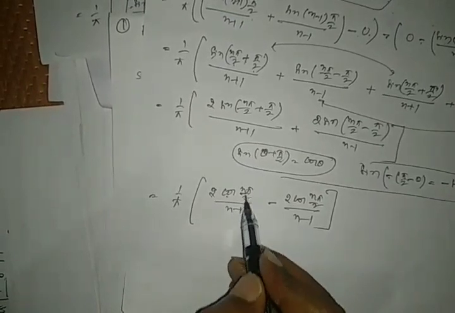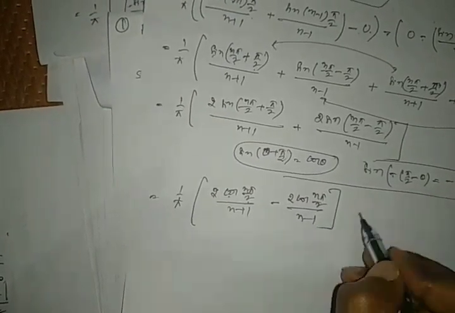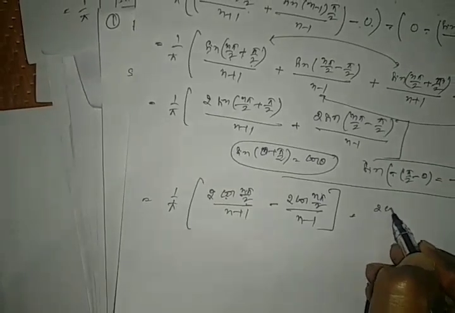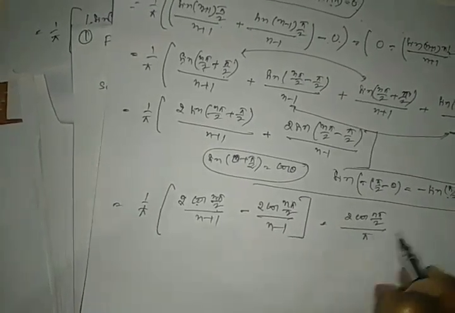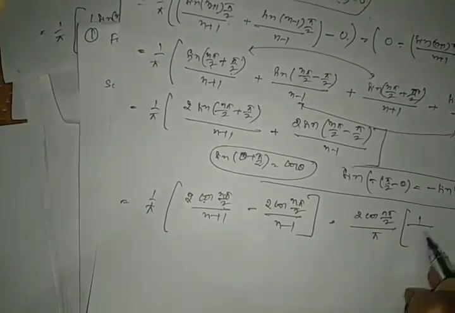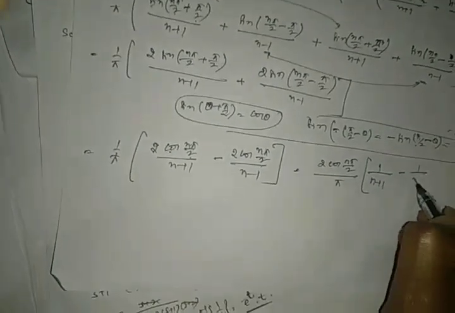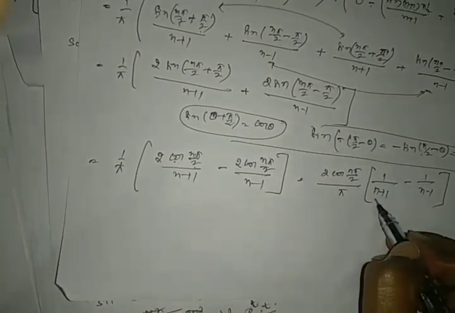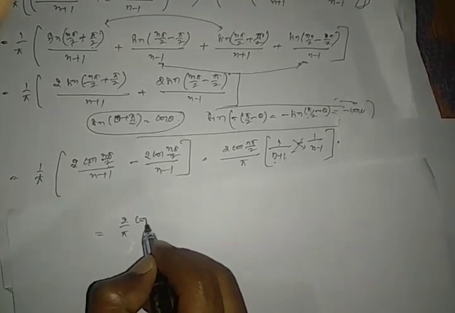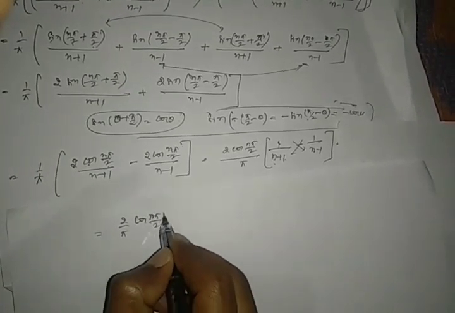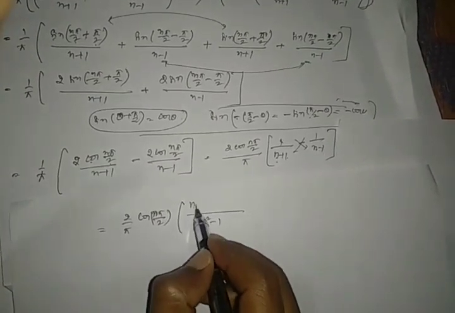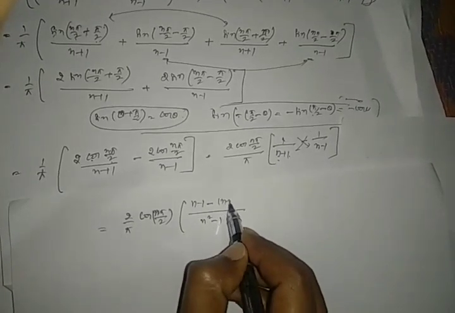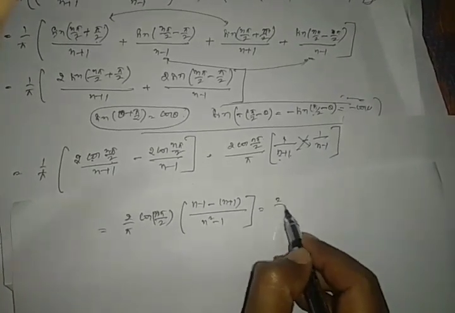See, here is 2 cos n pi by 2, and here is 2 cos n pi by 2, which is common. Taking common 2 cos n pi by 2 by pi, the remaining is 1 by n plus 1 minus 1 by n minus 1. See, here the denominator is n plus 1, here the denominator is n minus 1. The LCM is n square minus 1, so it is 2 by pi into cos n pi by 2, cross multiplication: n minus 1 minus n plus 1. That is equal to 2 by pi